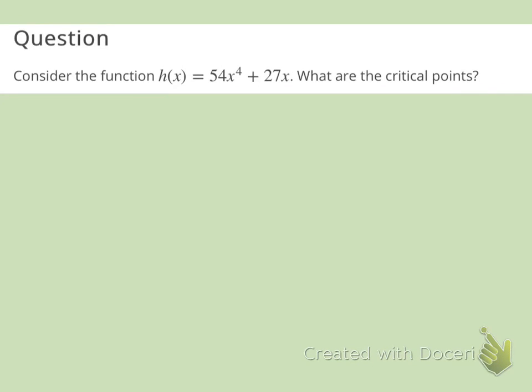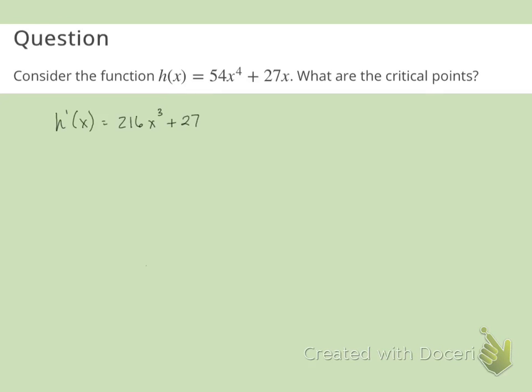For this practice problem, we want to find the critical points for this function. And we know that the critical values occur where h prime of x equals 0. So the first thing we're going to do is find h prime of x, and this is a simple power rule. So we're going to drop down that 4 and take 54 times 4, which is 216 x cubed plus